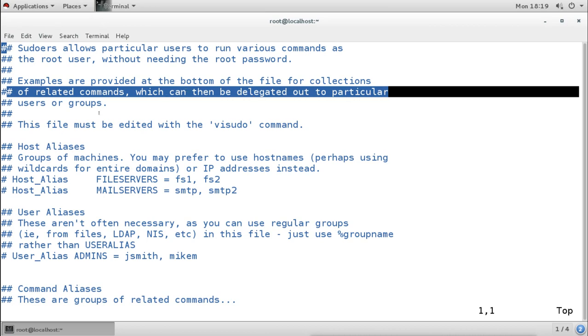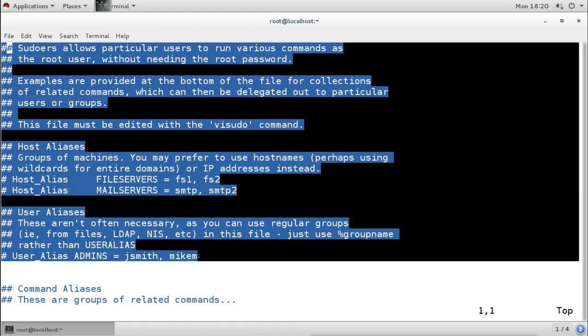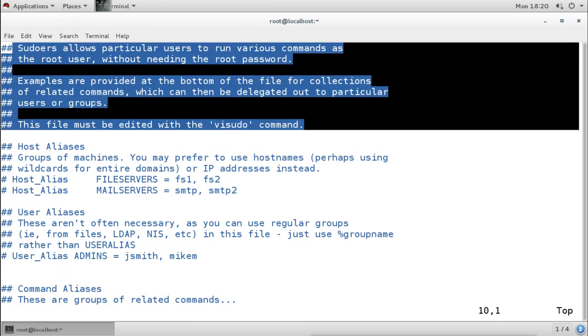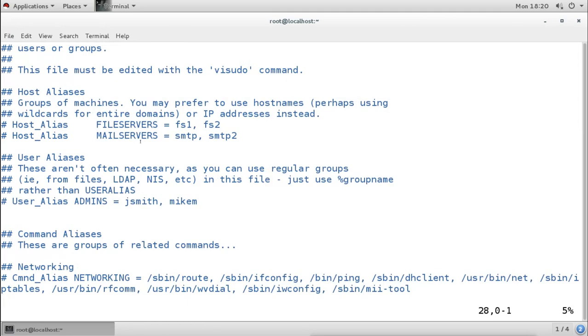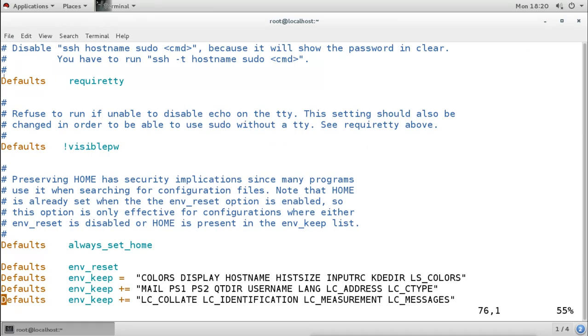That means when the service reads this file, it will ignore these lines; these lines will not be taken. So these lines are like comments, information for us. You can see here, this is the information for us which is commented. Now here there are some lines which are not commented, like this one. So this one will work, this one will be read by the service.